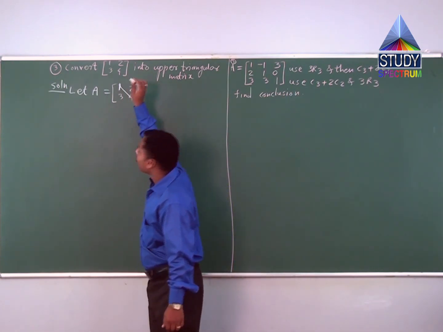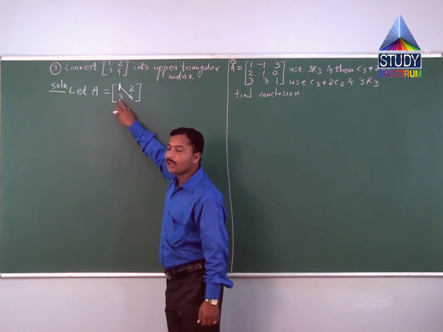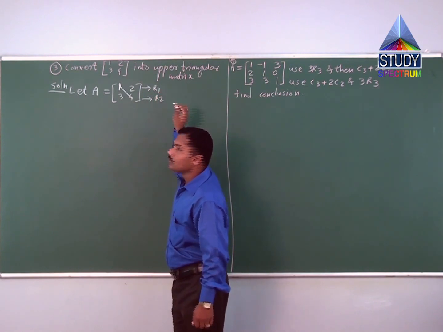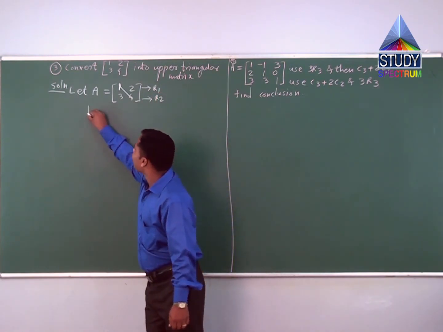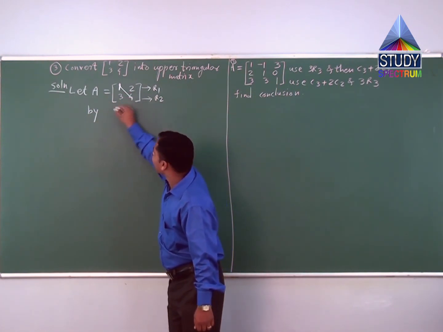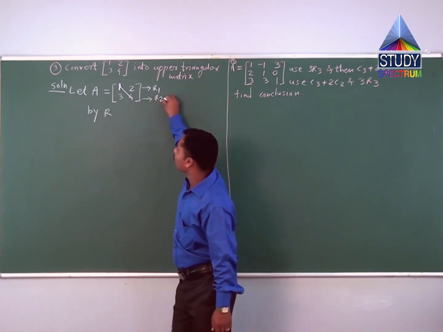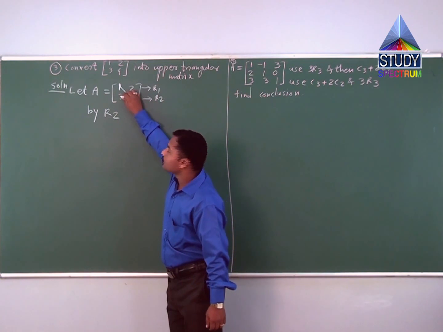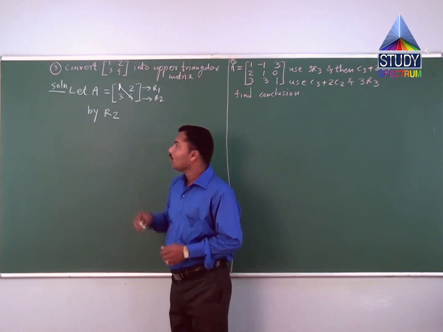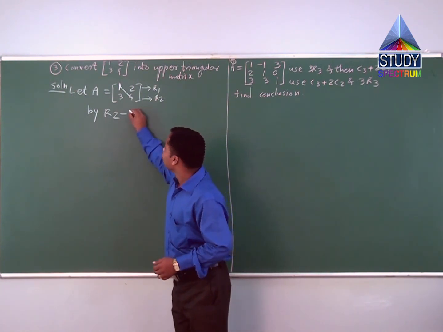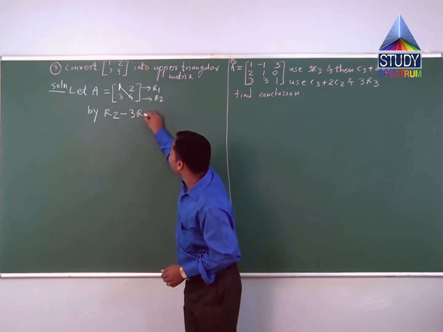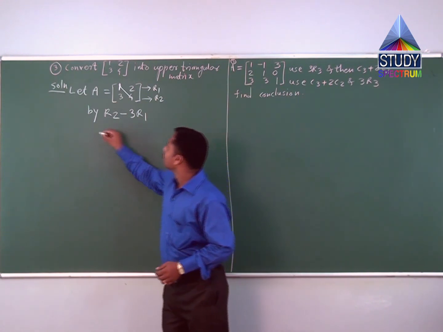So by using this number 1 we make this number 3 a 0. This is the first row, this is our second row. We want to make this number a 0. This number is a member of the second row, R2, and if this 3 is multiplied by this 1 it becomes 3, and 3 minus 3 is 0, and therefore R2 minus 3. This 1 is a member of the first row R1, so here is R1, and therefore A equal to